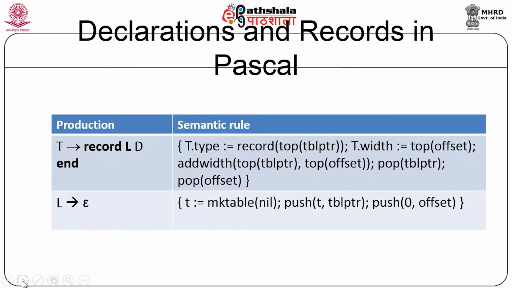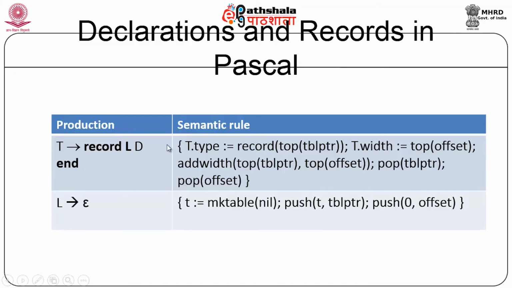Okay, these are additions. Even in these cases, you have to create a symbol table where you are going to use records in Pascal, and records in Pascal are similar to structures in C. So, T produces record L, D and end. In that case again L is a dummy variable. When I see an L, I do a make table, again uses the make. When I have a make table, I do a make table function and then I have to do a push of table pointer and a push of offset. These two are mandatory. Similarly, when I am ending, I have to pop table pointer and pop offset.